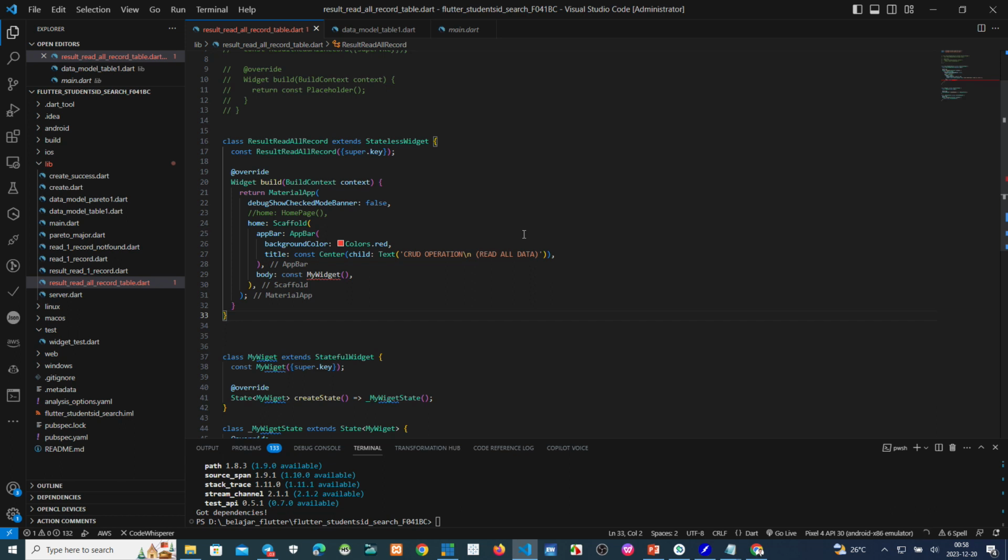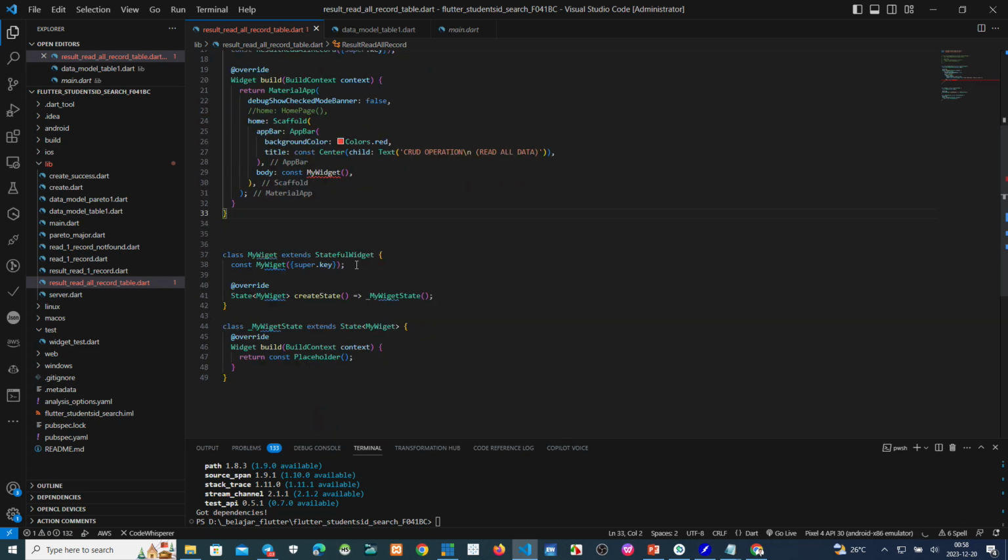Class stateful my widget. This one, widget, my widget.